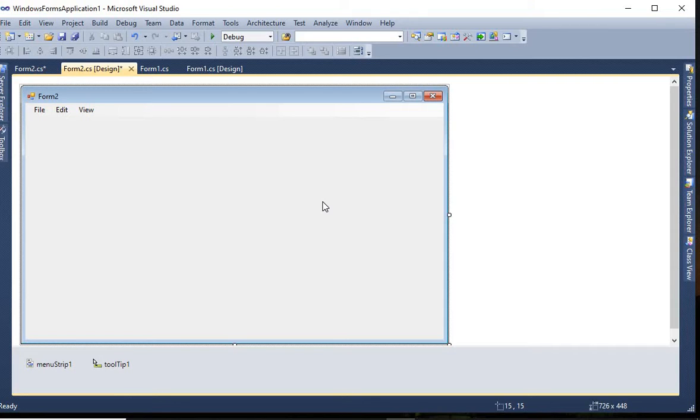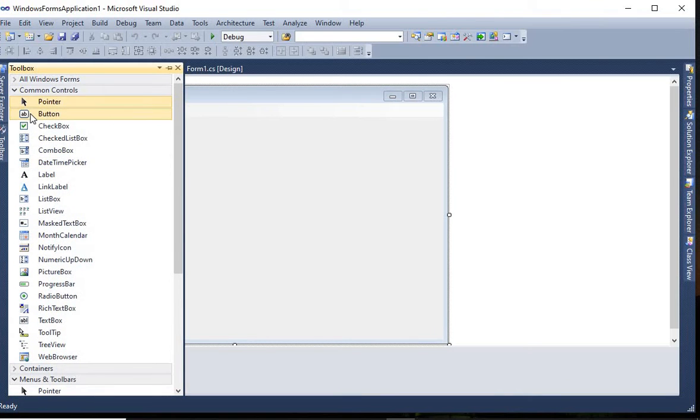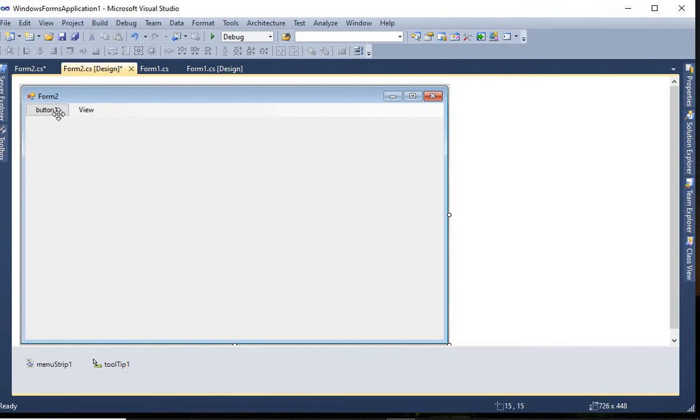If you want to give the user information that this control is used for a particular purpose, at that time you can use a ToolTip. For example, I am using a button over here, and when my mouse is on the button, I want to inform the user that this button control is used for login. Then with the help of a ToolTip it can be done.